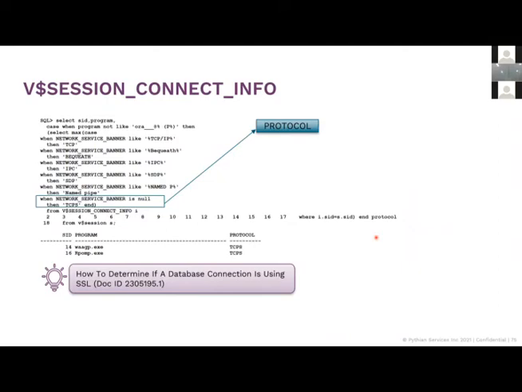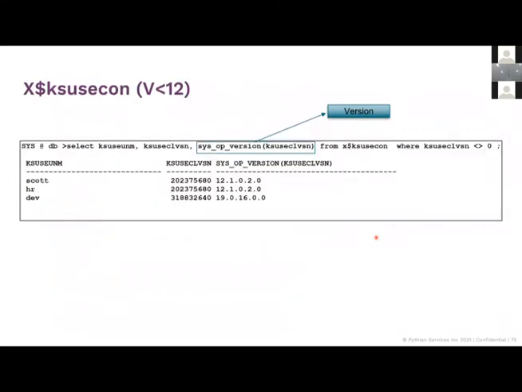Now, if you notice, this is a dynamic view. It only talks to you about the sessions that are currently connected to a database. What about what happened in the past? I want to look up the history: who connected 10 days ago, who connected 20 days ago. This particular view does not store that information. Before we get into what you can do, an important thing to note is that there is this x$ksuse... KSU con view, and there is this sys function that can help you determine the client version as well. Okay, so let's take a look at how this helps us.